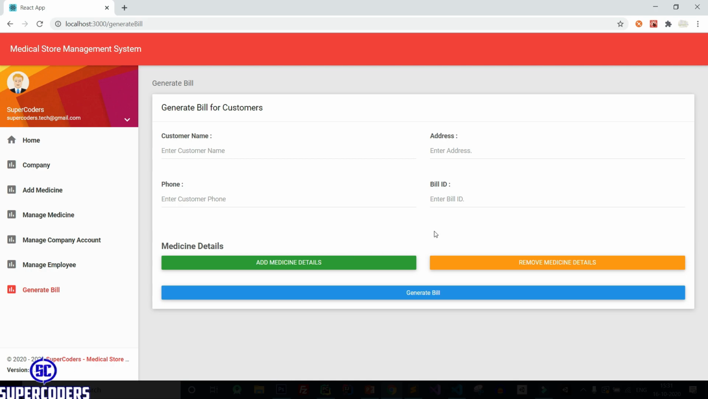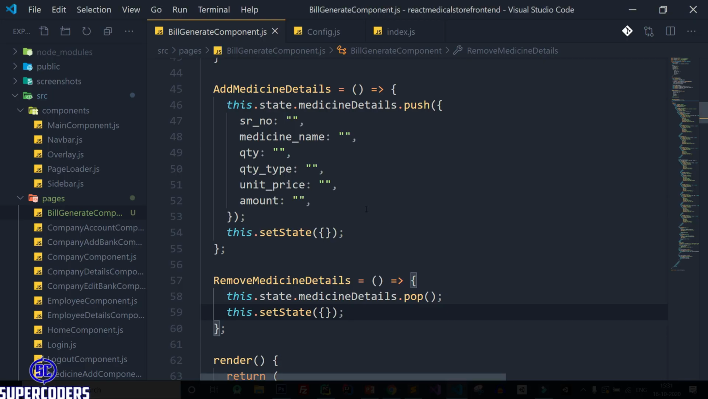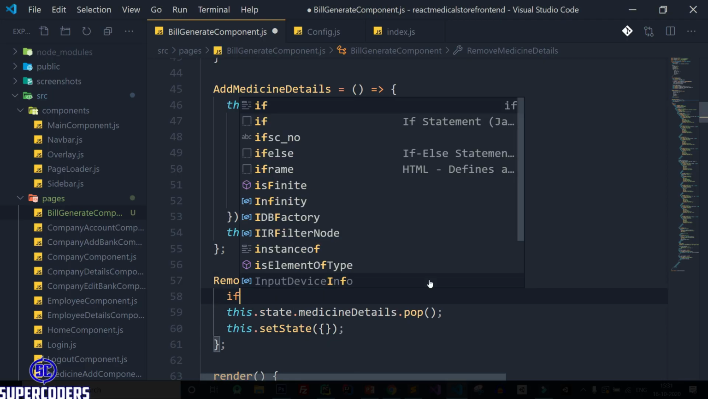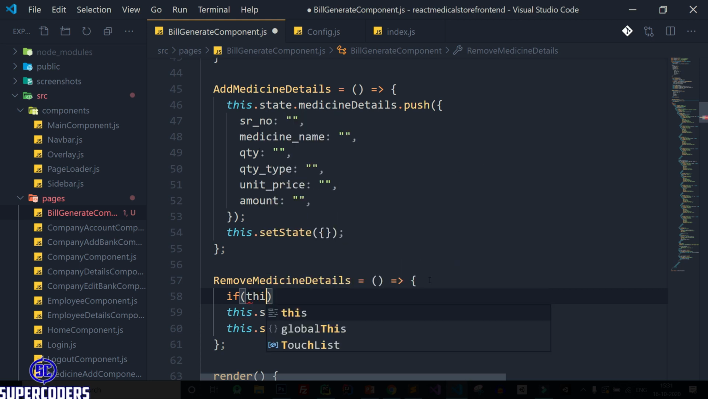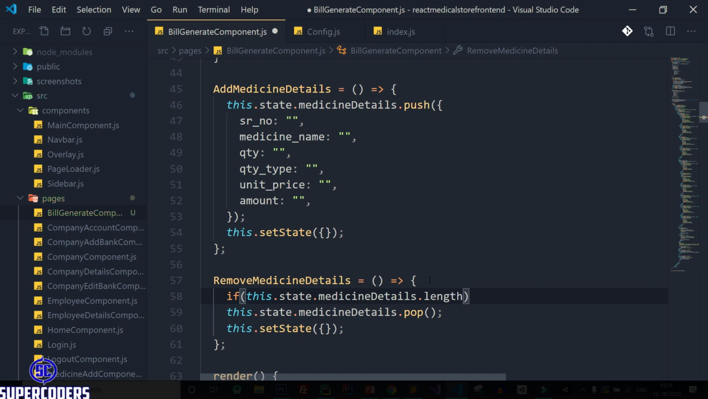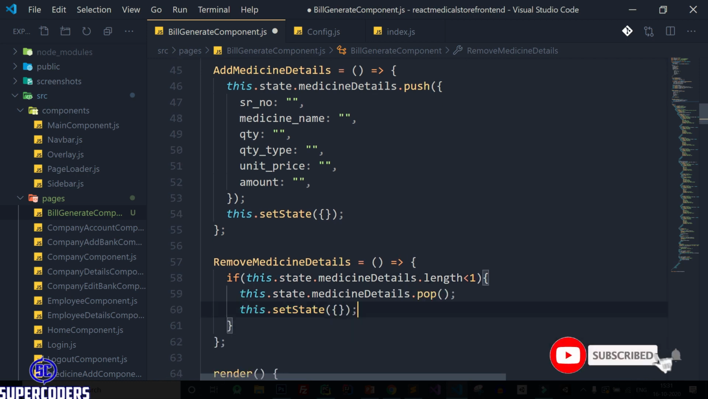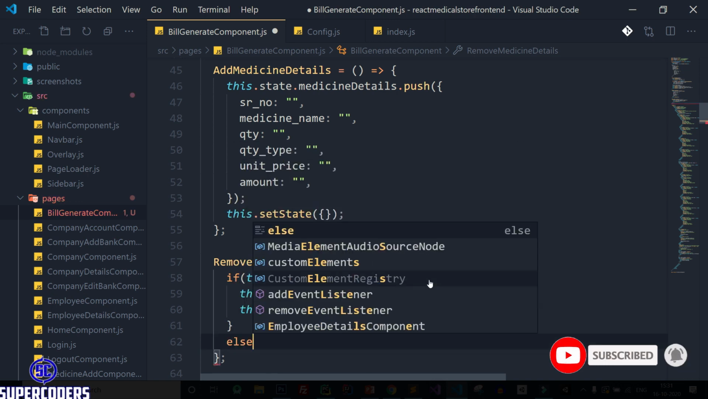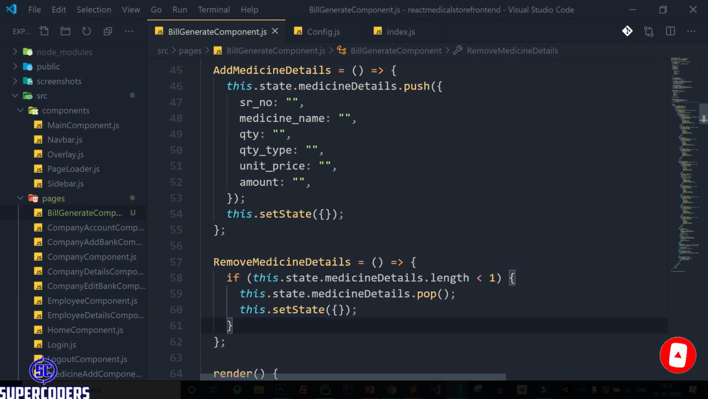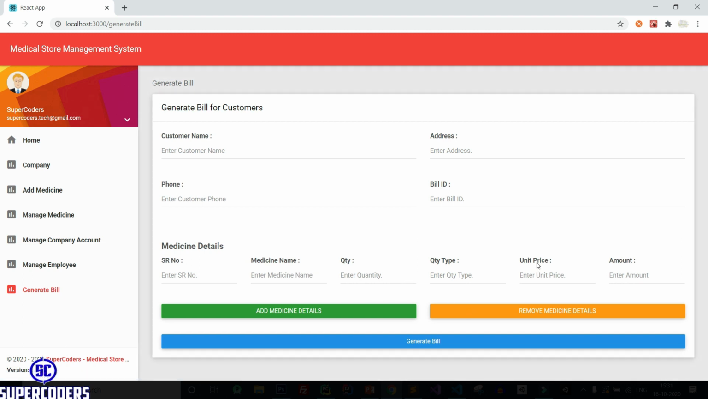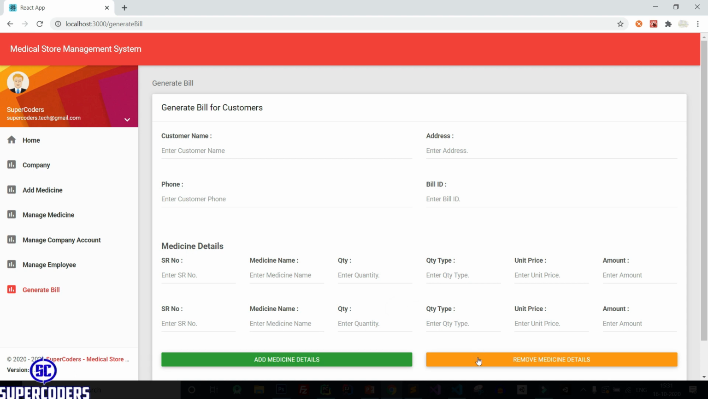So we need to prevent this. So let's see. If this dot state dot medicine details dot length greater than 1, then it will delete the data. Else, or leave it, save it, back to Chrome. Let's check. If I try to delete, you can see it is not working. But if I add again and delete it again,